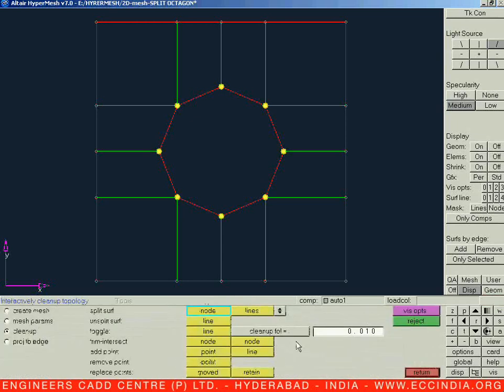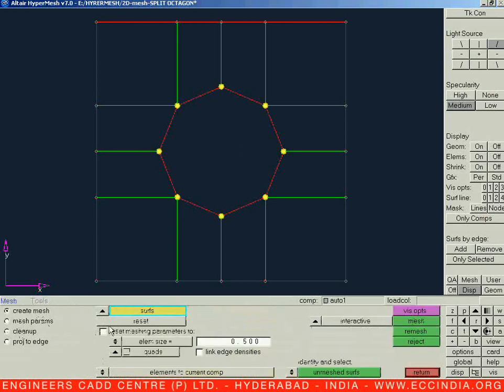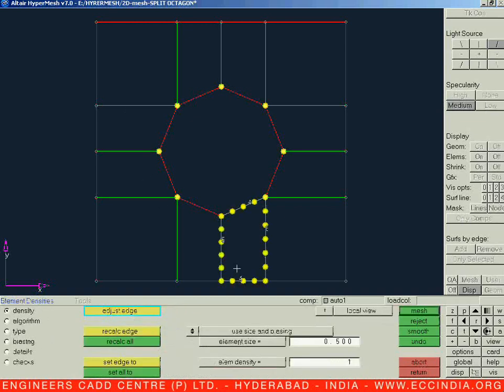Now let us say F12 again, but instead of cleanup, now let us enter in a create mesh. Create our mesh with the help of these particular surfaces. So let us select on the edge of that particular surface. For the selection, first click, unselect, right click. So start our meshing from such a region which will create a trouble. So start with a critical region. So these are the critical regions which are having inclined lines. So let us select that one and let us click mesh.